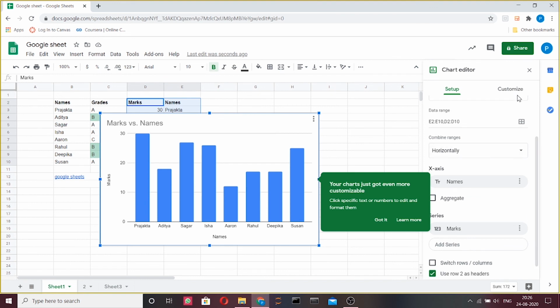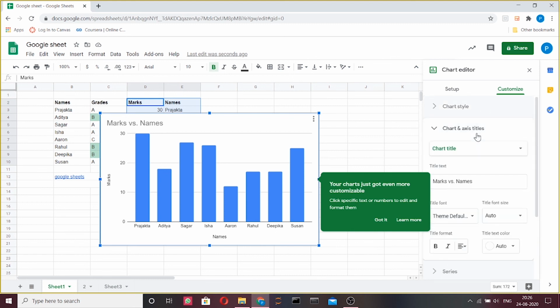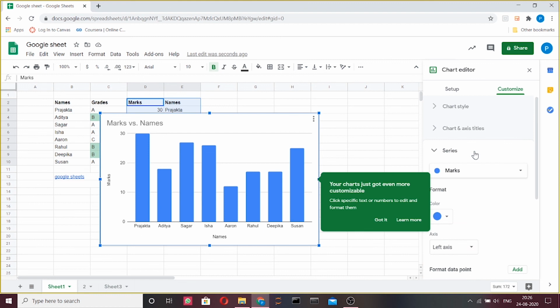You can also click on customization for additional formatting options. Once you're done, simply click on Insert and the graph is now displayed.